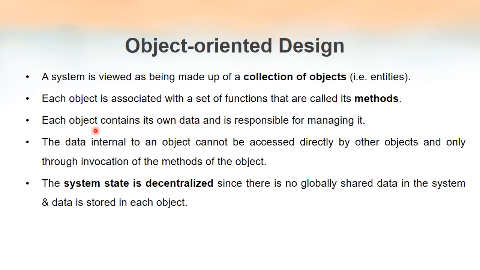Okay, that is what we have to understand from this. There is no global scope in object oriented design. We are dividing the entire software system into different objects. Each object will be having its own data and its own functions. The data and functions each object handles have nothing to do with the data and functions of the other objects. The data that one object holds can be accessed by other objects only with the permission of this object.